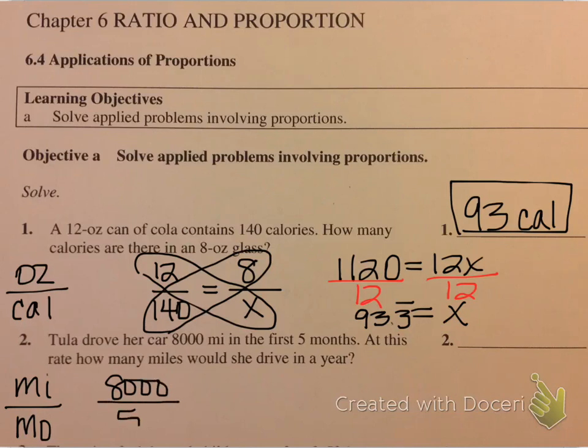in 5 months. Now this one's kind of tricky because it's trying to throw you off. It says at this rate, how many miles, so we don't know the miles, would she drive in a year, which would be 12 months. So don't put 1, because remember, our denominator is months. The 5 is months. So when they throw in a year, just make sure everything's consistent. So 12 months is in a year. That's why I use the number 12. Go through the same process